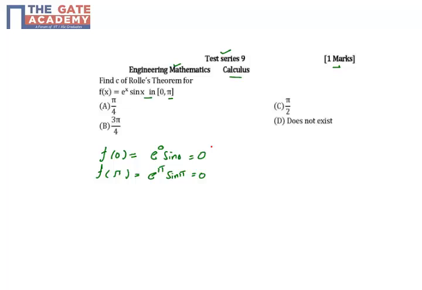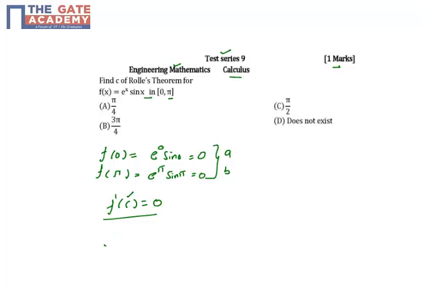And Rolle's theorem says that if you have two distinctive roots in your range, if you have two solutions of the equation in which the value of the equation is same, then there must be at least one solution, one C will exist for which your f dash C is going to 0, right? So we need to find the solution for C for which the f dash C is equal to 0.